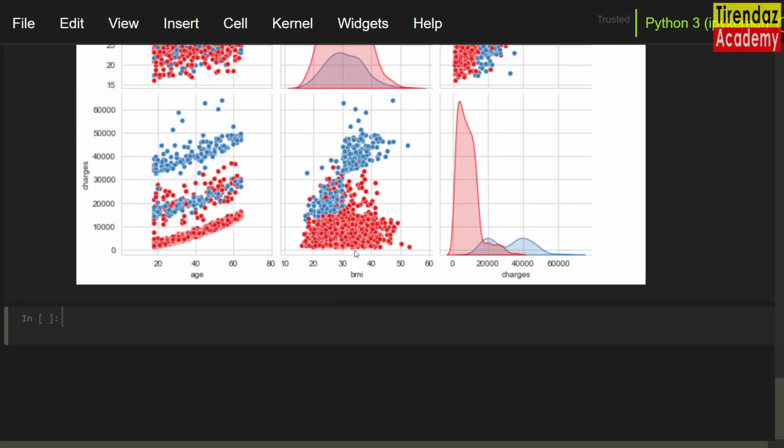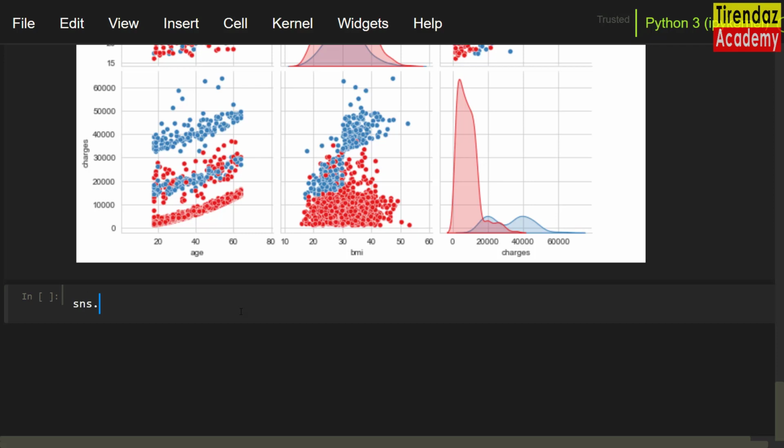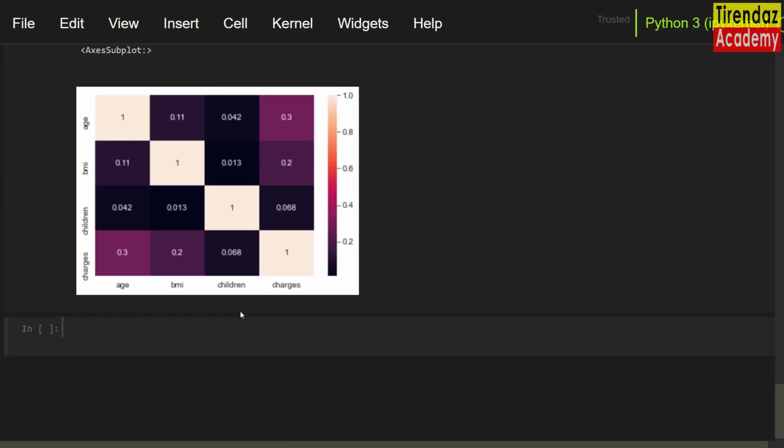You can see pair plot. For example, when you look at the age and charges graph, you see that as age increases, both smokers and non-smokers pay more. Now, let's look at the correlation between the variables. To do this, let me set sns heatmap, data.corr, and for annot parameter, I'm gonna set true. Notice that there is a relationship between charges and the other variables.